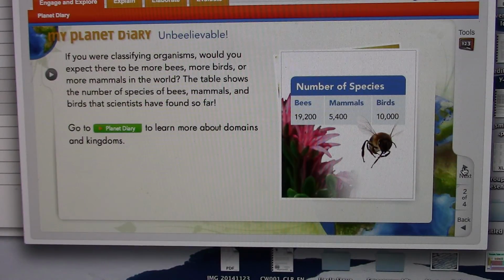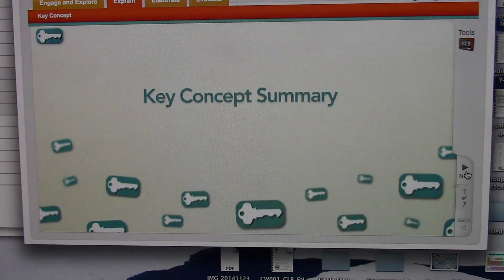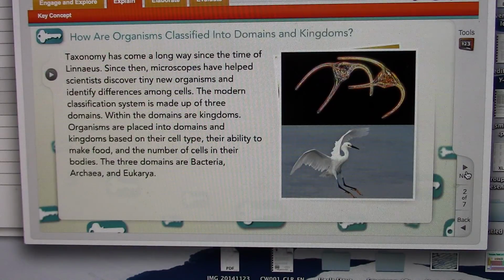Did you know there are more kinds of bees than mammals and birds put together? It seems like the less complicated and complex the organism, the more different kinds of them there are. I'm sure a lot of you are aware there's more bacteria than anything else on this earth, but there are more bees than mammals and birds combined. Kind of interesting. So, if we look at how organisms are classified into domains and kingdoms,